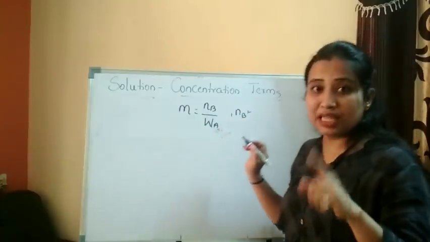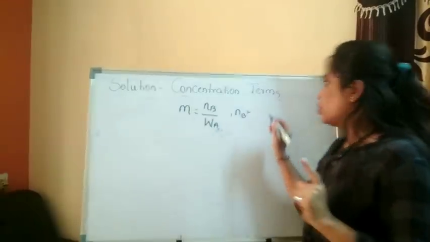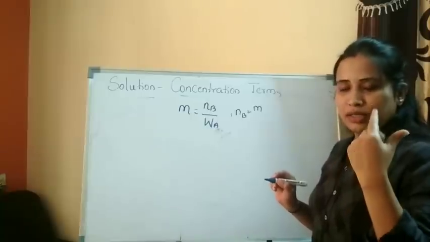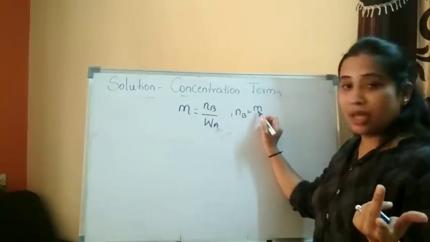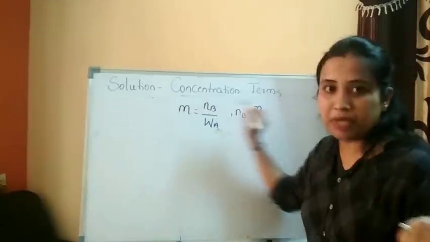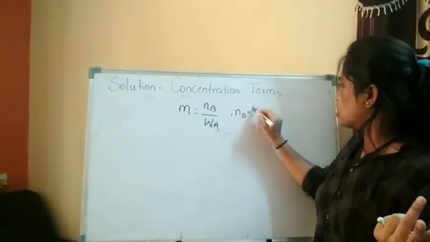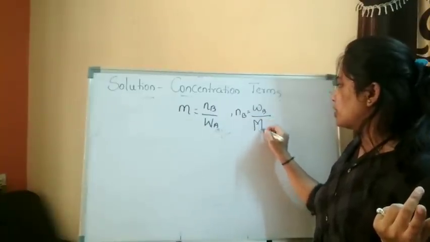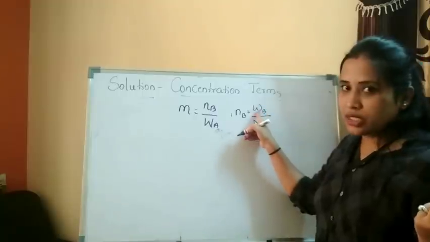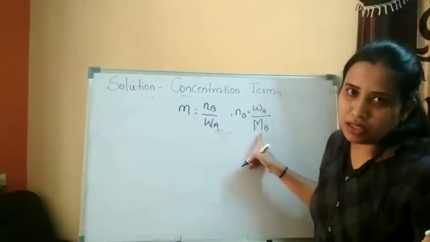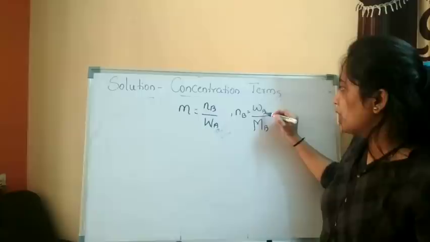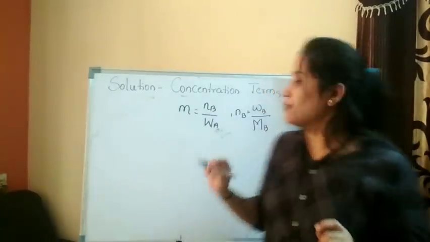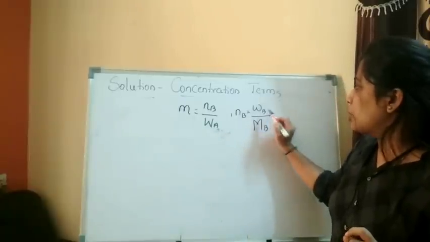Number of moles of the solute, n, is equal to the mass of the solute. Don't get confused; if you want, you can write m here because of the confusion. So let us take the weight of the solute divided by the molar mass of the solute. It is quite common. I am repeating, B I will consider here as the solute. So NB is equal to WB by MB.